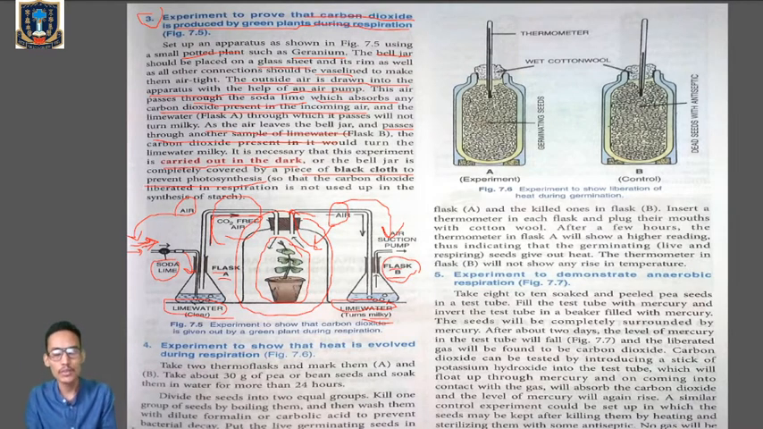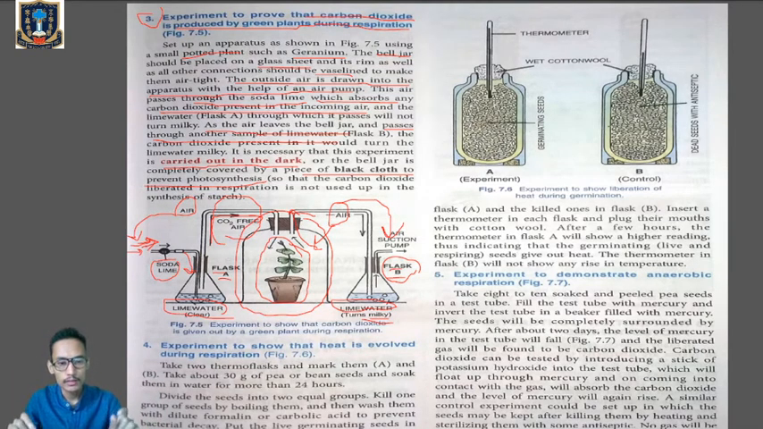Clear? So briefly, what we have done: we are trying to prove that carbon dioxide is being produced by the green plant during respiration. So we require two conical flasks A and B. We require a bell jar, we require a well potted plant. So now what we are doing, we have taken a well potted plant, for example geranium, which is covered by the bell jar. The entire setup is kept on a